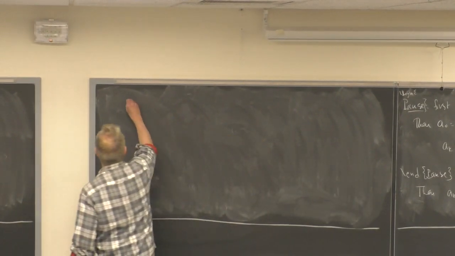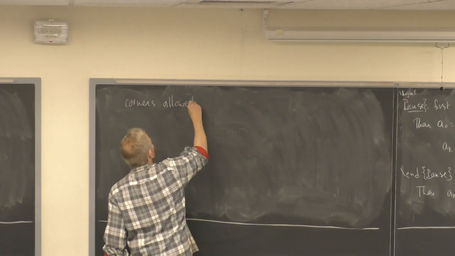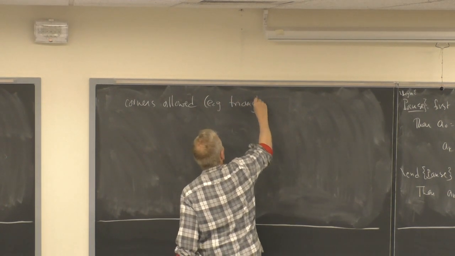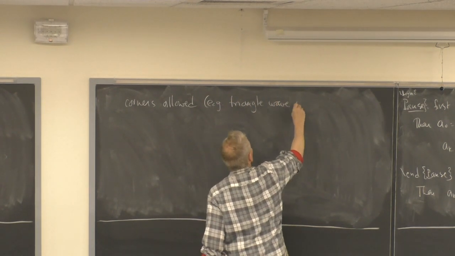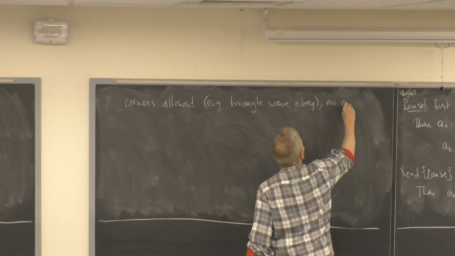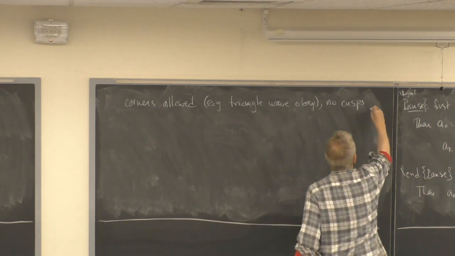So corners allowed. For example, triangle wave is OK. But no cusps. And what is a cusp? A cusp is something that looks like this,